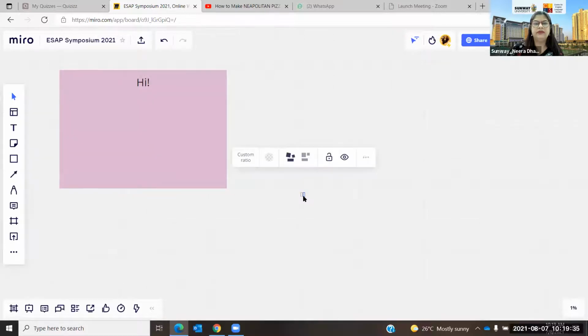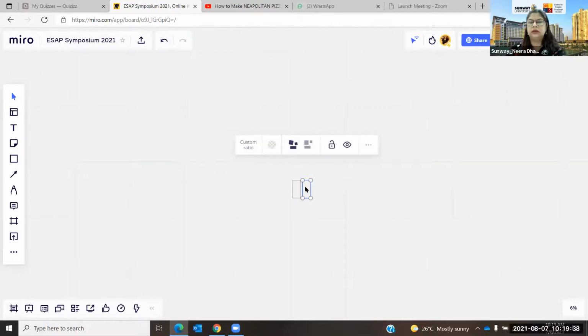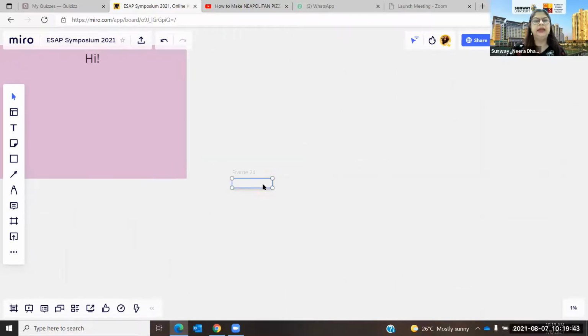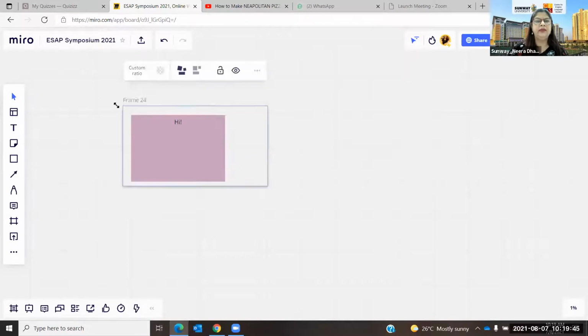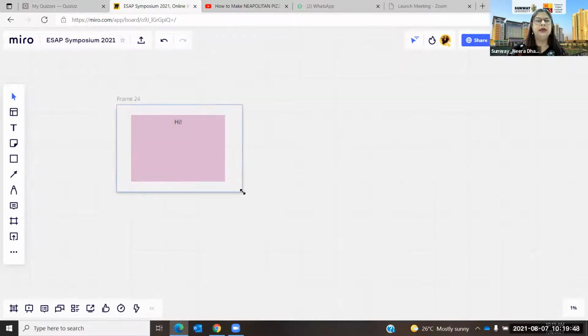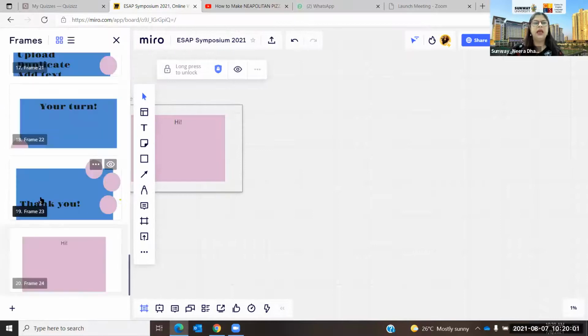For some reason, it's a very small frame. So we can make the frame larger. And now I will take this frame around my text. So this is frame 24, and I can lock the frame, yeah? Once I lock the frame, nobody can move it. If I go down to all my frames, it will show the last frame as frame 24, which I just created. Once I'm in presentation mode, it will be easy to go through the slides,